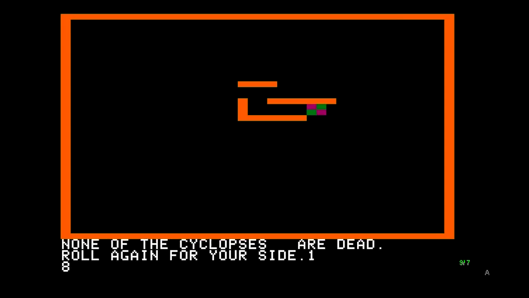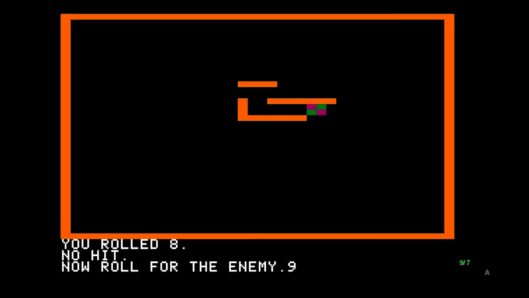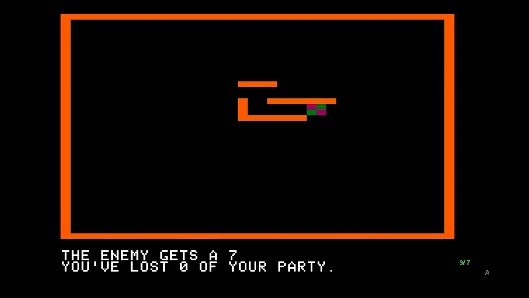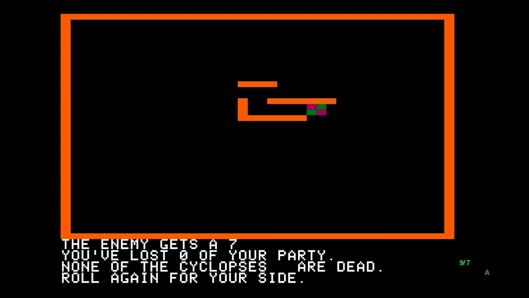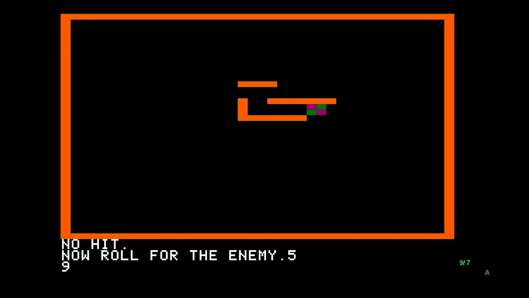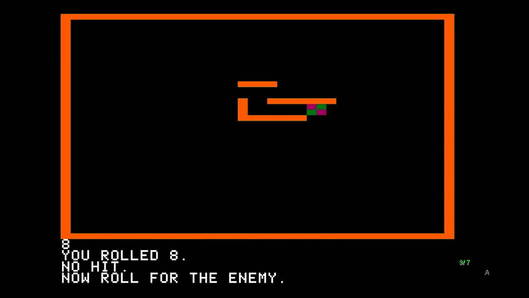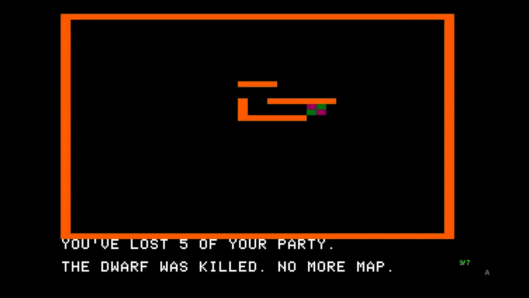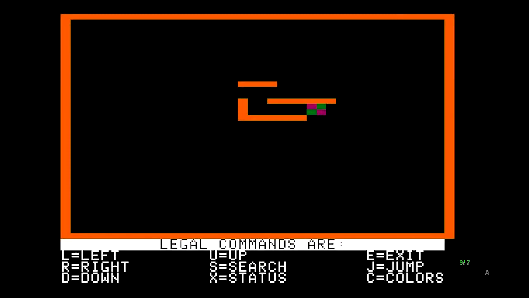And this is where the combat system takes over. You start a sequence of random generated numbers. You hit the spacebar to stop it, and that gives you your number. Then you do the same thing for the enemy number, and all those calculations add up to whether you get hit or whether you hit them. And here I am just getting clobbered. I'm going to fast forward just a little. I've already lost 5 of my party, and then the dwarf was killed,